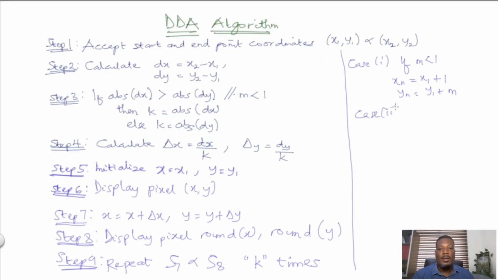And for case 2, we had a situation where m is greater than 1. So we have our xn being equal to x1 plus 1 over m, and its yn being equal to y1 plus 1. And finally, the third case where the gradient is equal to 1. In that case, we have xn being equal to x plus 1, and its y coordinate being equal to y plus 1. So with these three cases in mind,